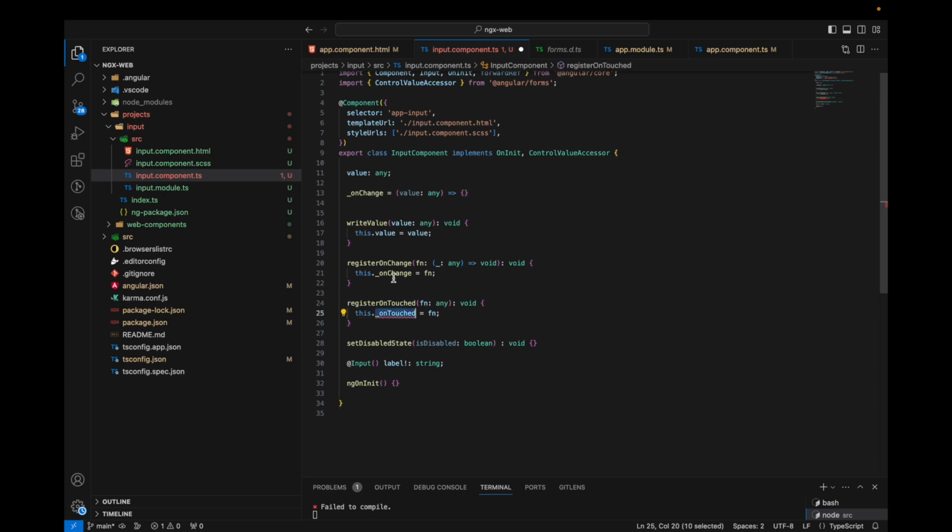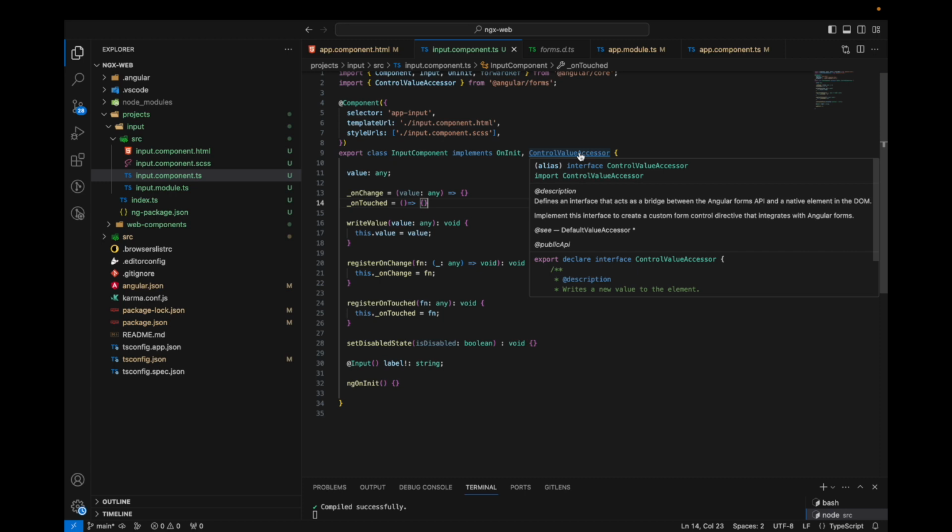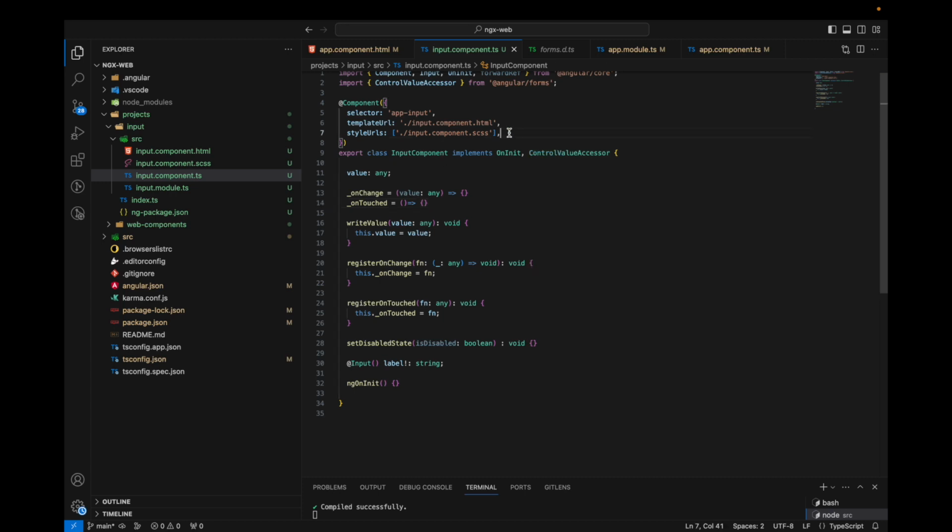Then we'll have to define on touched. Okay, good. We have implemented the ControlValueAccessor interface, and then we'll have to add some code in the providers,